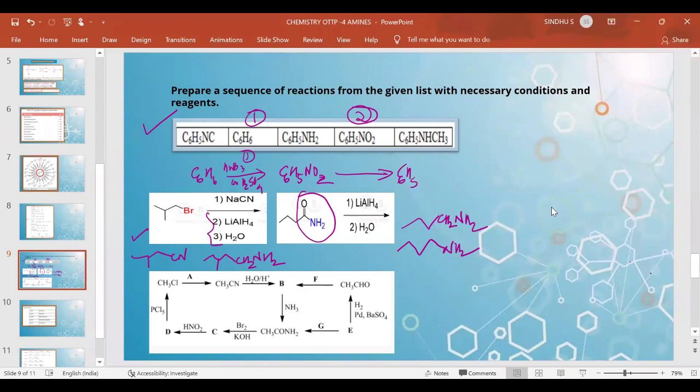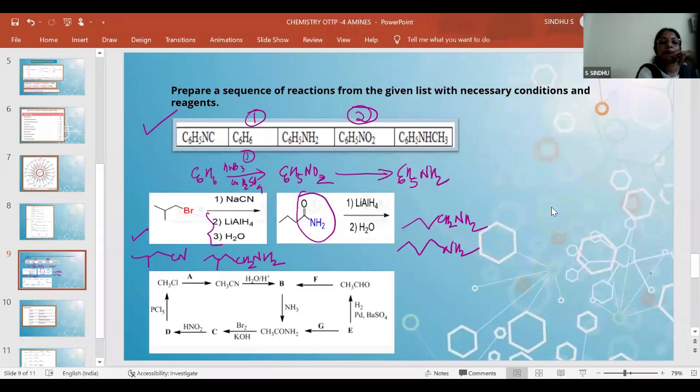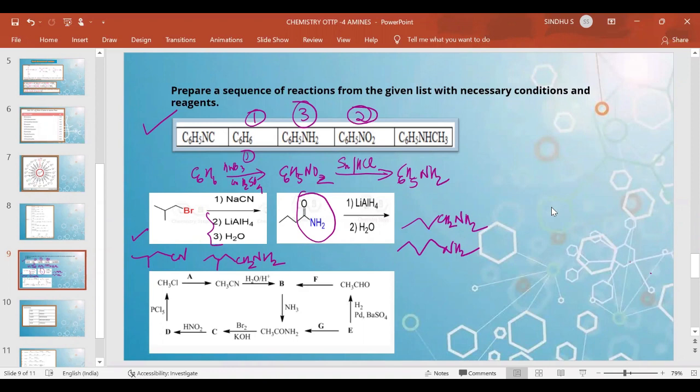So what do we use for converting it to aniline? Any reducing agent, madam. We can go for tin HCl, iron HCl, and so on. There is also lithium aluminum hydride, but we have to choose suitably, seeing whether it's aliphatic or aromatic. So aniline, then we go for